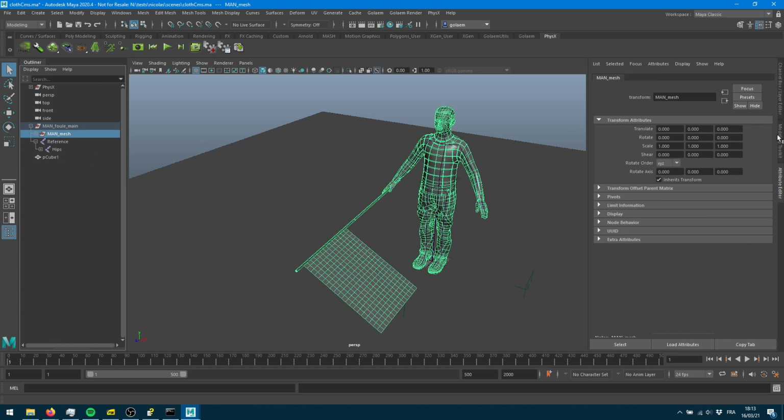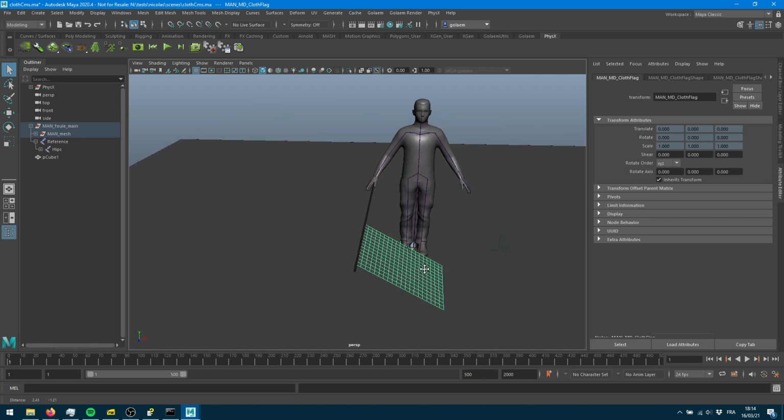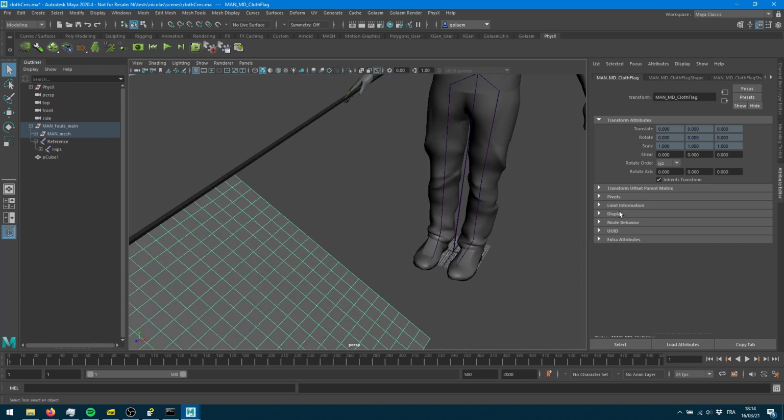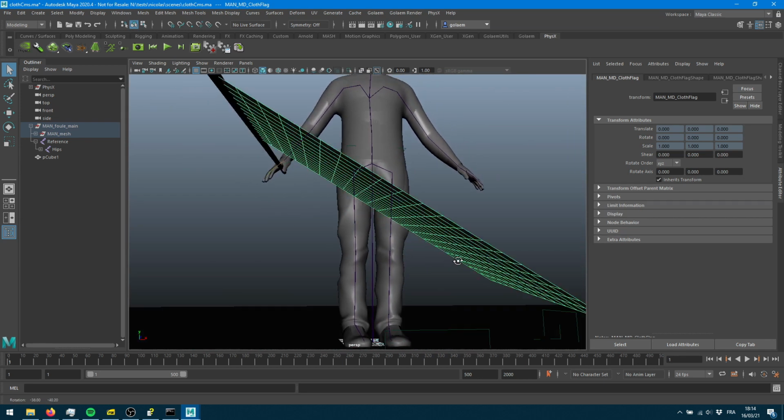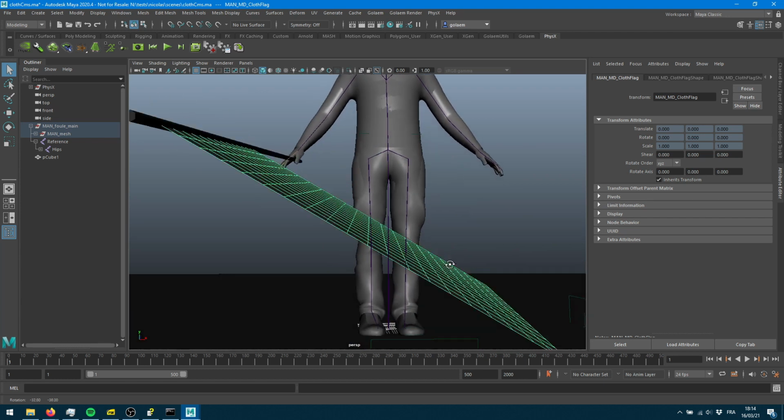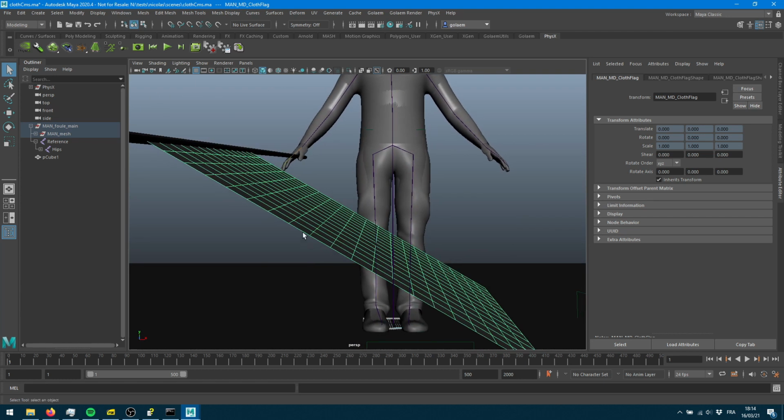Here, my transforms are also set to 1:1:1, so I'm all good. Excellent. So obviously the cloth I'd like to simulate here is going to be my flag mesh. It's just a plane here, but keep in mind that if you want, you can also provide meshes which have a volume. Here is just a planar surface, but if you provide some volume,